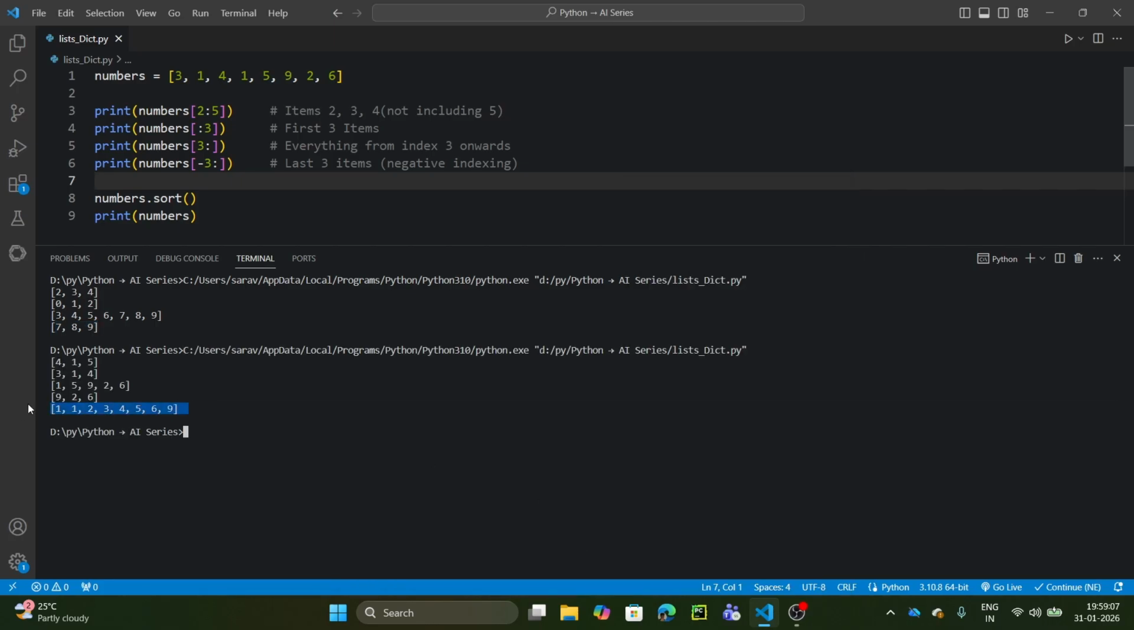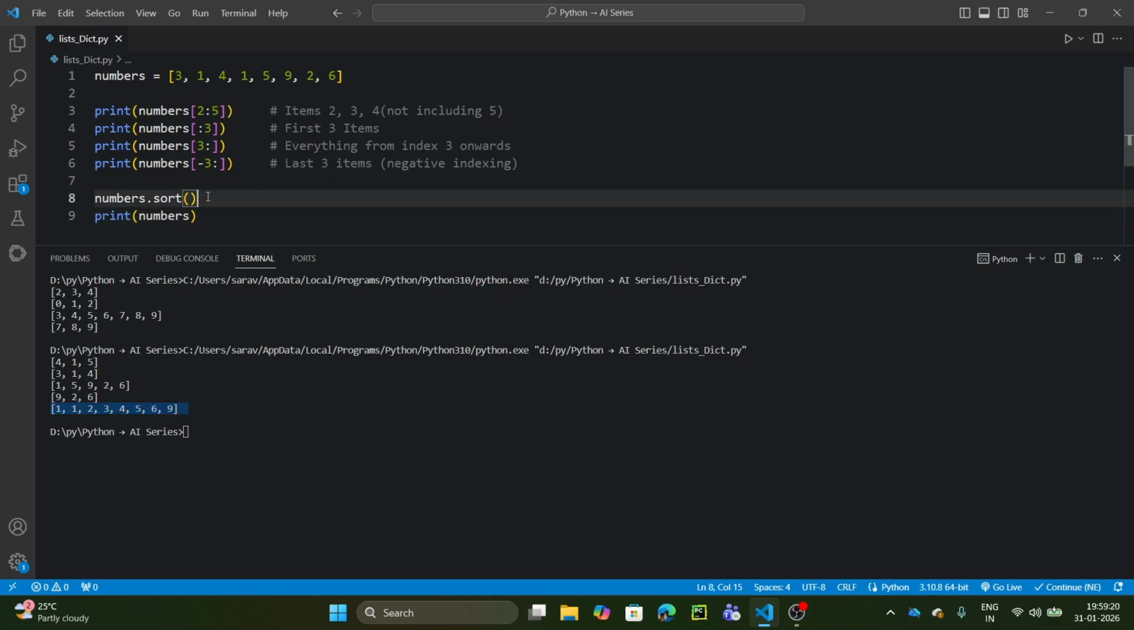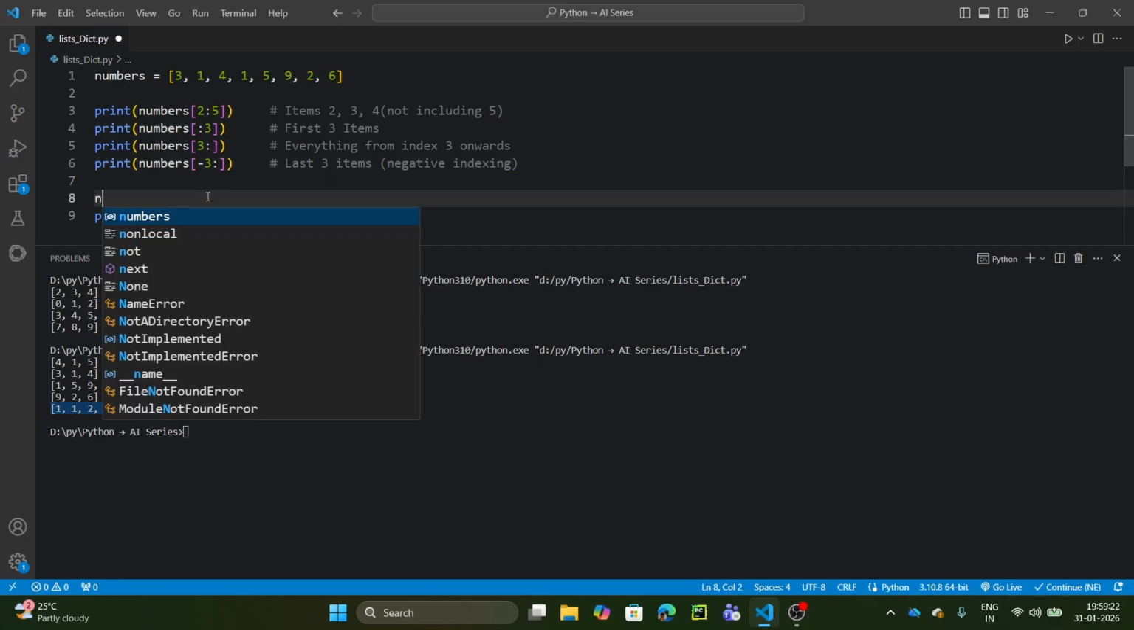See, but here's the thing, sort changes the original list. It actually changes the original list. If you want to keep the original, you use sorted. Okay, sorted is kind of safe. In spite of this, I'm gonna have